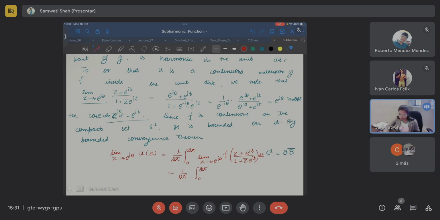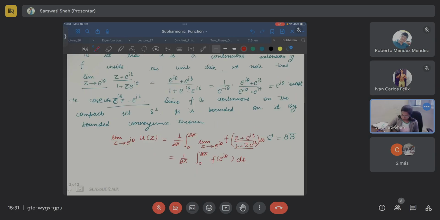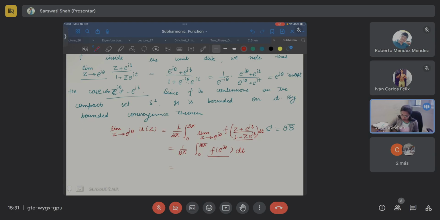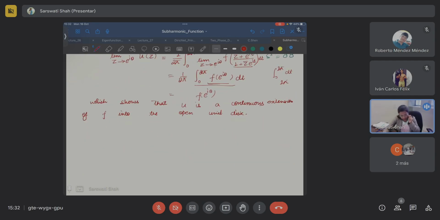Just pass this limit inside of this function f, that is a continuous function. So this limit is coming to e to the power iota theta dt, and this is independent of t, so it will come outside, and the integration 0 to 2 pi dt is nothing but 2 pi, so 2 pi and 2 pi will be cancelled out, and here we can say that hence